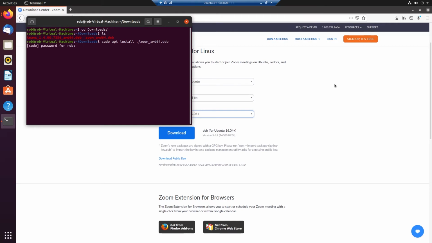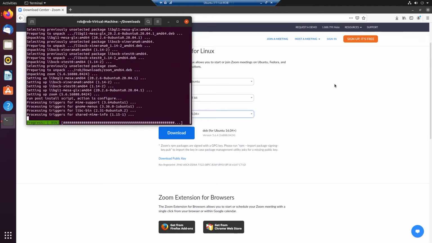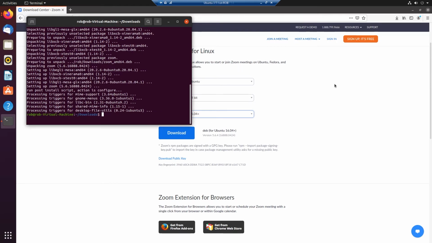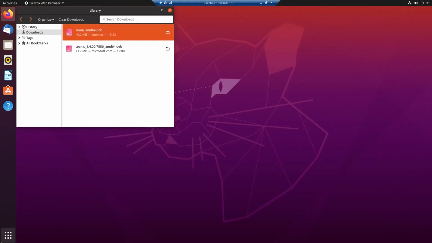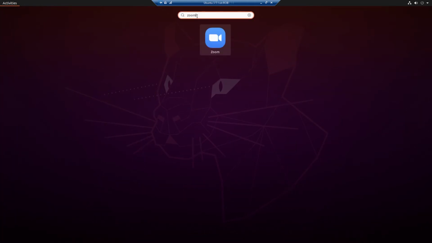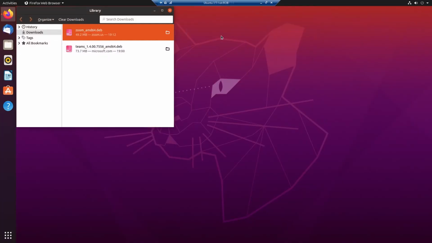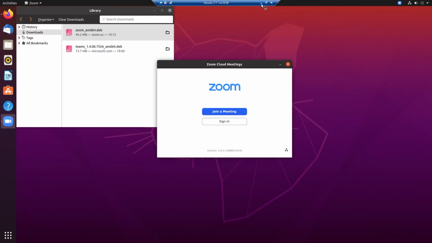It asks you for your password. You type in your password, which is really secret, and it's done. Now we have to check. Let's get out of this and this one. Is it installed? I can't see it. Zoom, there it is. Will it start up? Yes, there it is. But there is another way, an easy way.